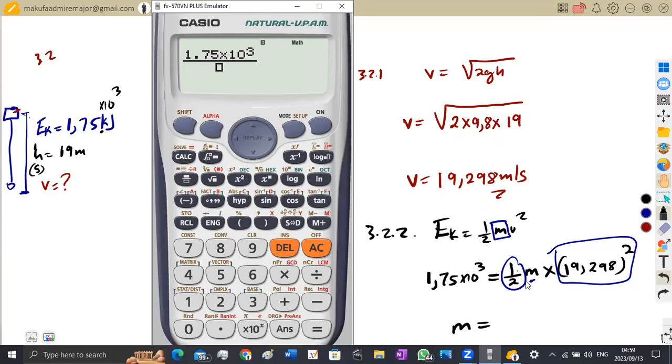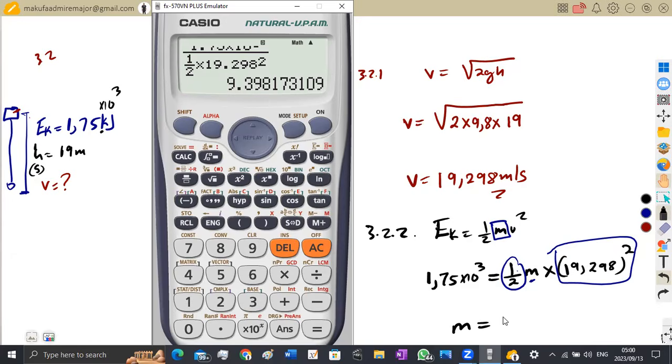Then we simply divide everything by half multiplied by this bracket, 19.298 squared, like this. It's just one and the same thing, because what we want is to remove the half and the 19.298 which is being squared on this side. The moment we divide, we obtain